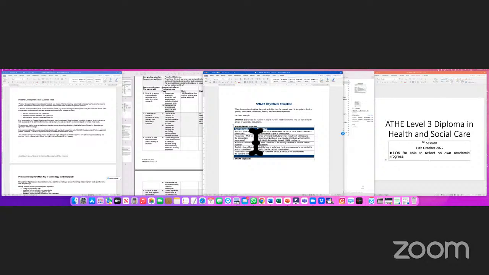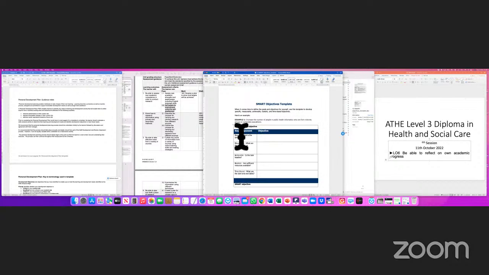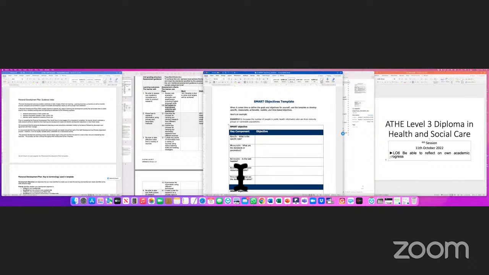So what SMART basically means is an acronym, and that acronym talks about being able to set objectives which will be achievable. So S stands for specific, M stands for measurable. We are looking at A for achievable, R for realistic, and T for time bound. Now, what are the objectives which are going to come here? They are going to come from your SWOT analysis, the weaknesses that you have, and when the skills audit has been done,